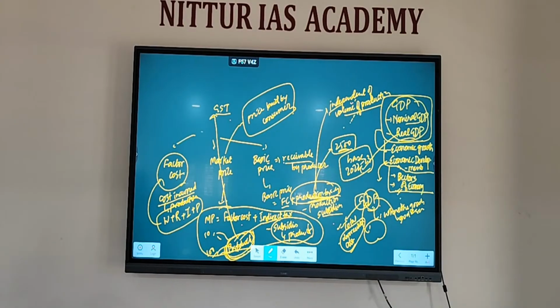These are paid per unit of product. The examples of product taxes are excise duty,